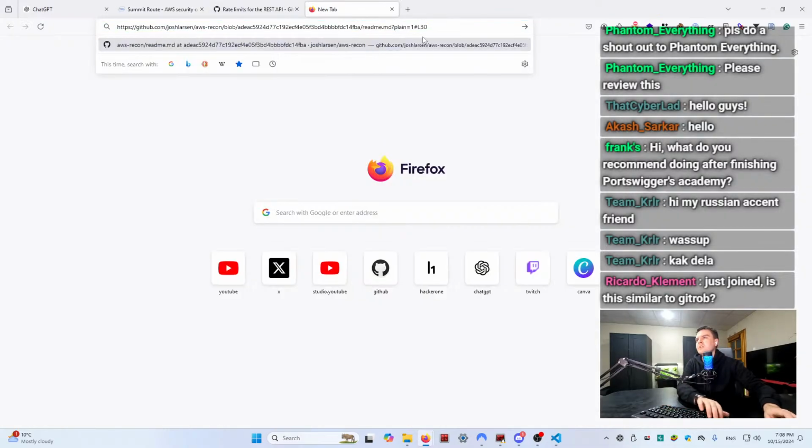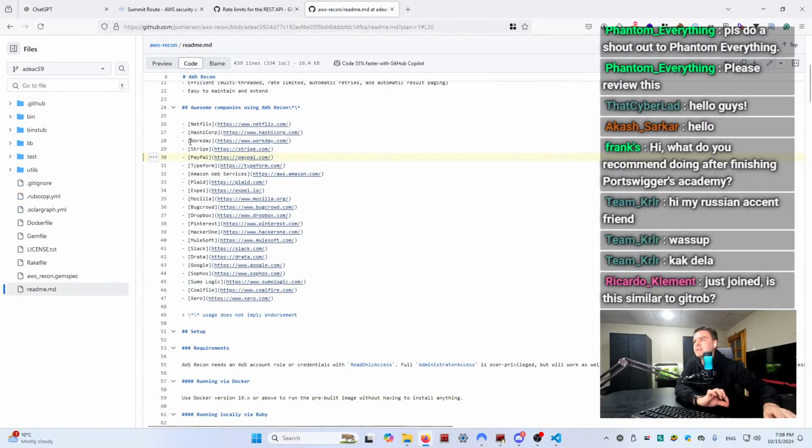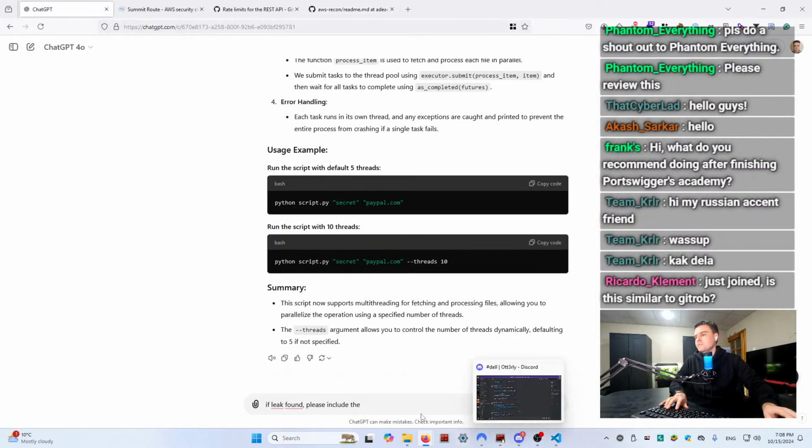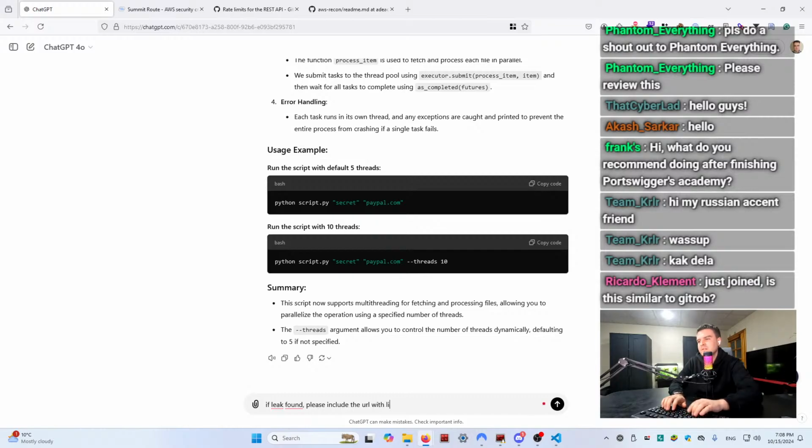I will open another tab. It will go directly to where it is, as you can see, line 30. If I click here, it will also write which line it found. So if a leak is found, I will get that link and the specific location in that file as well. So please include the URL with line,